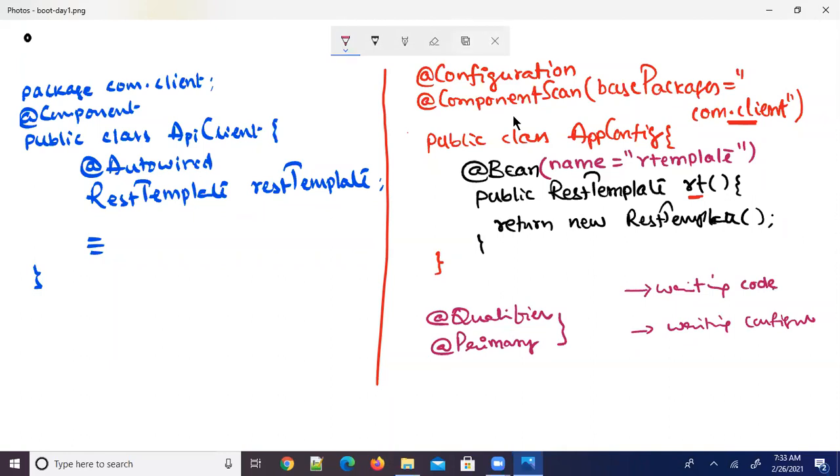While writing the code, if you know that an ambiguity is going to occur, then we use the @Qualifier annotation to resolve it. But when writing the configuration, suppose you find that an ambiguity is going to occur, then we use the @Primary annotation.